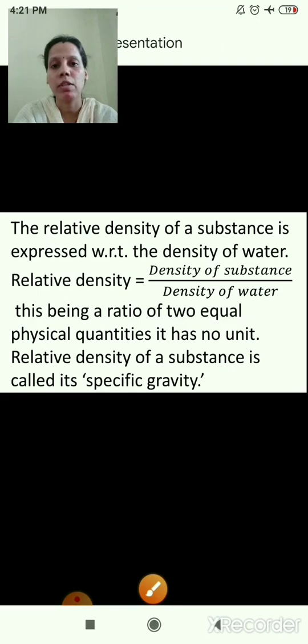Now we'll start. Example 1, that is the first sum. The area of the bottom of a tiffin box is 0.25 meter square and weight is 50 N, that is 50 Newton. Calculate the pressure exerted by the box on the shelf. Now you need to calculate the pressure. We have seen the first formula, pressure is equal to force upon area. We will use this formula to solve this sum.